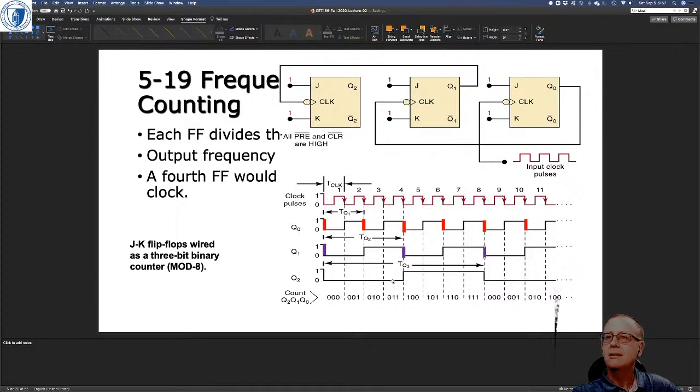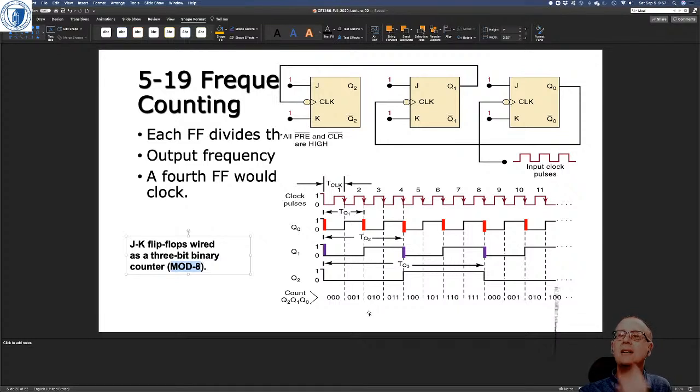And the difference in frequency between the Q1 output and the Q2 output is a factor of 2. Difference in frequency between the Q2 and the Q0 is a factor of 4. The difference between the Q2 and the original clock is a factor of 8. Right? That's why it's called a modulo 8 counter, because it's effectively counting up to 8 and then going back